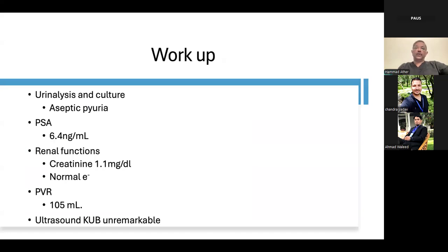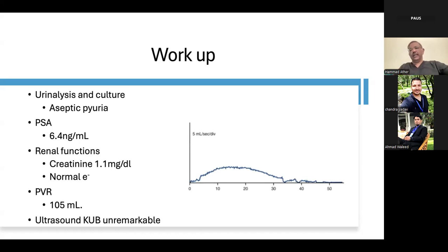So in our patient, the urinalysis and culture essentially showed aseptic pyuria with few pus cells. His PSA was 6.4 nanograms. His digital rectal examination was essentially unremarkable. His renal function was preserved, with normal electrolytes. Post-void residue was 105 ml, and ultrasound was otherwise unremarkable. And this is his uroflowmetry, which shows a low Qmax of only 7.54 ml per second. And you can see that it was a small void, with just over 150 ml of urine passed in one